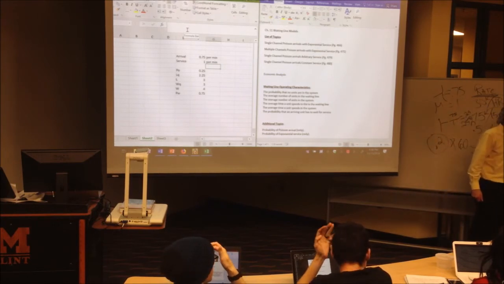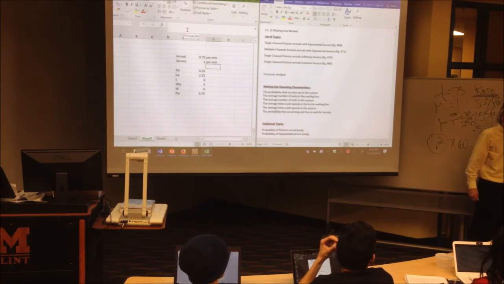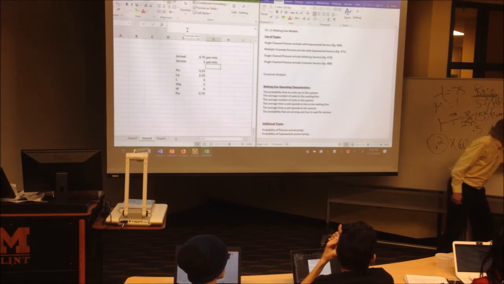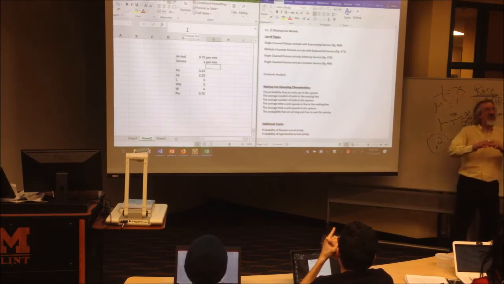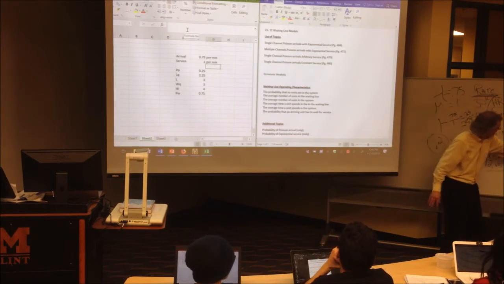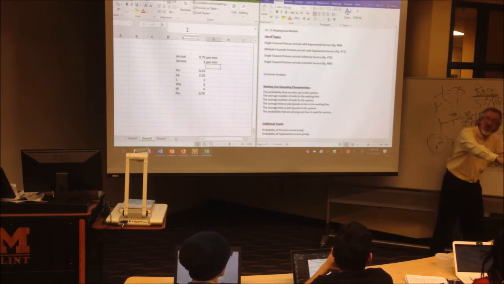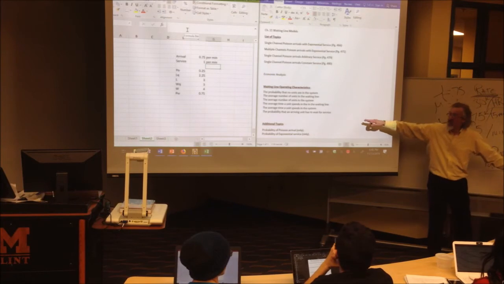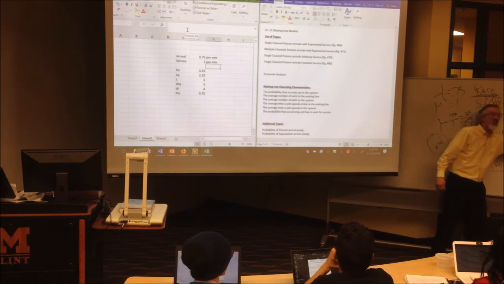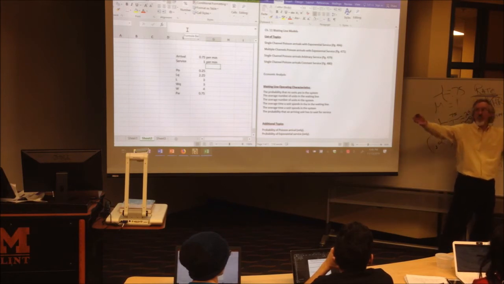You're wasting money because you have too many channels and nobody's waiting whatsoever, because they're sitting around doing nothing. That would help the probability. You've got to find the sweet spot. That sweet spot is where a company is not wasting money. They figured out how to have the right amount of employees or channels providing service to keep that probability of waiting down, while at the same time not throwing money away by over-servicing or providing too good a